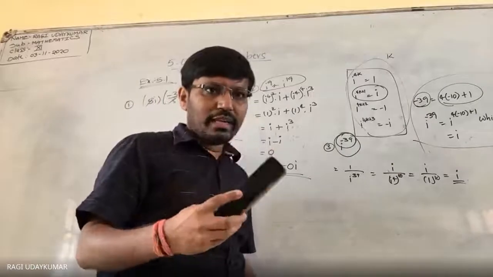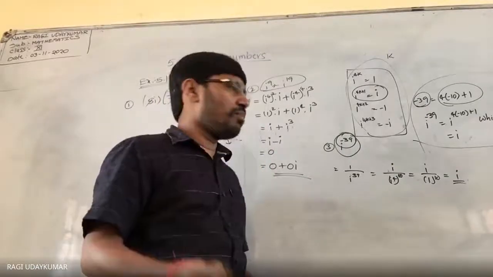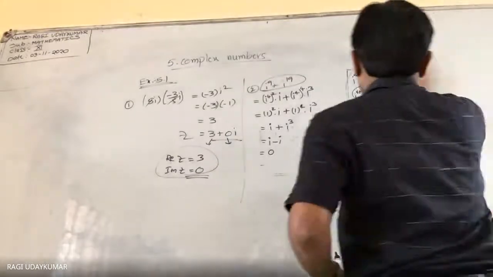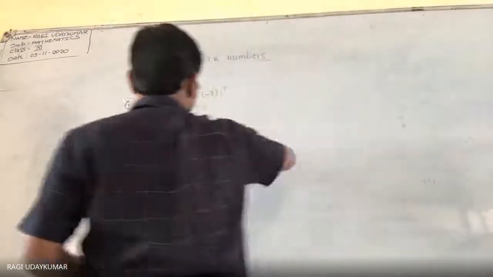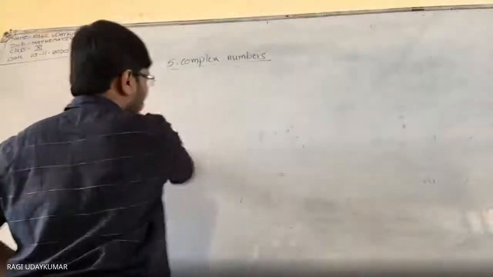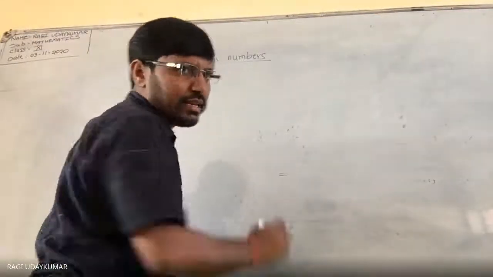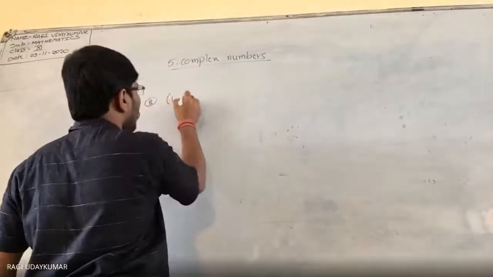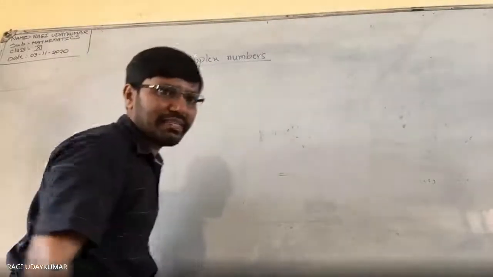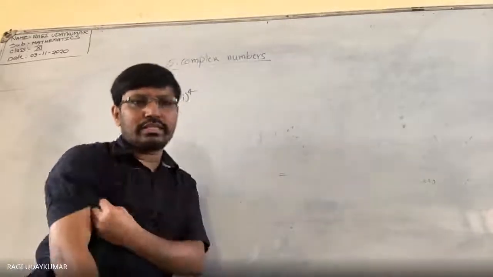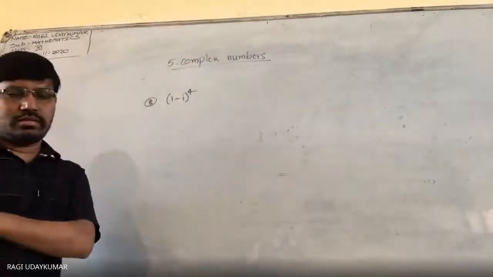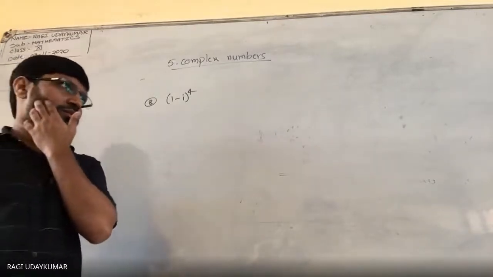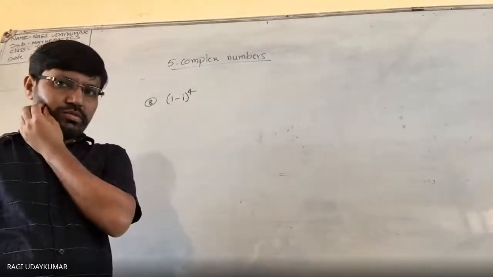So like that remaining problems, whenever you see that, 8th problem let us see. So exercise complete कर लो. It's very simple exercise है. 8th problem whenever you take it to consider 1 minus I whole to the power of 4. Whole power 4 it is given to you. So what to do in this case? One minus I whole power 4.